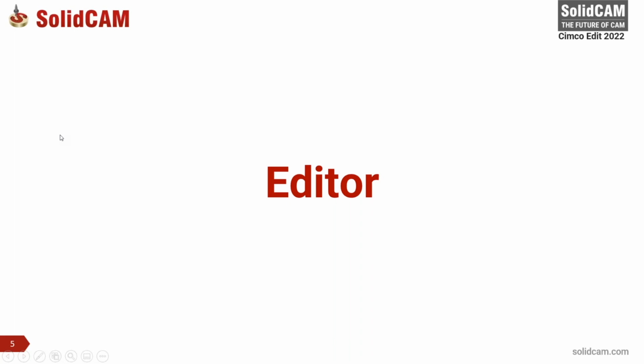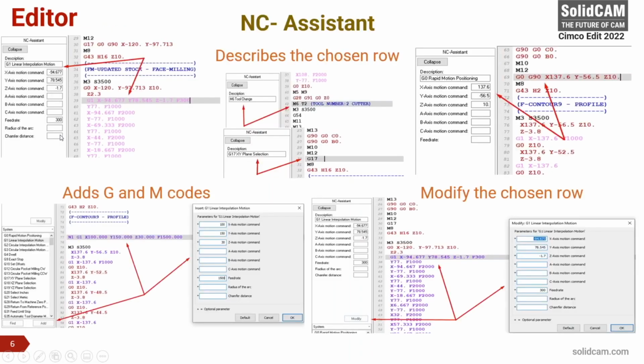Looking at the functions of the editor, most of us know how this editor works. Basically, it highlights certain G codes in a certain color. For example, it'll highlight your absolute mode and incremental mode in a particular color. It will highlight your rapid and linear moves in a color. It'll highlight arcs. It will highlight the cycles, basically the CAN cycles, and you can add cycles, you can remove cycles, you can modify cycles without having to go back to the